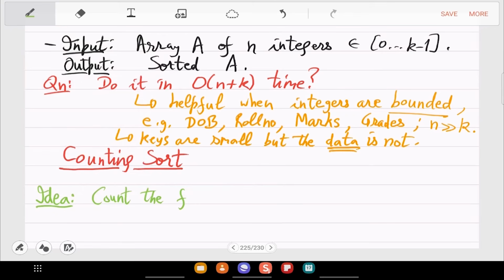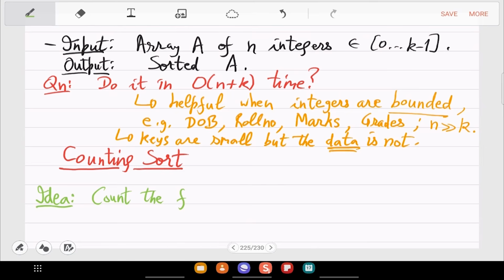Which means that student 1, even after sorting, should appear before student 2. Their keys are equal, the grades or marks are equal, but we don't want to swap them in any operation. This will be an important point in counting sort.